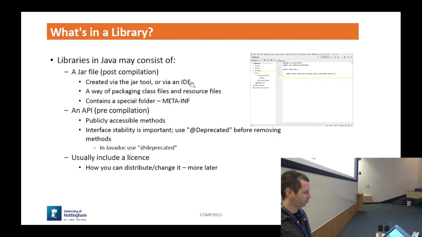So the theory with Java is compile once, run everywhere. Has everybody heard that theory before? In theory, you compile a Java program once, and it runs on all the different platforms. That's the theory. I'm not sure if that works in reality. So you can distribute binary files. In other programming languages, you might need to compile that software specifically for your operating system so that it doesn't crash, right? That's called pre-compilation. Publicly accessible methods, and so on.